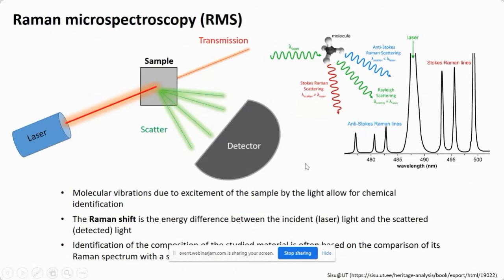Another approach that has been used in the last couple of years to look at the ECM in the human pancreas, and particularly in the context of islet isolation, is Raman microspectroscopy, or RMS. And here, the sample that was used in these studies is a tissue section, and shining a laser of a known wavelength onto this sample and then detecting the scattered light that is reflected off of the different molecules in the sample,